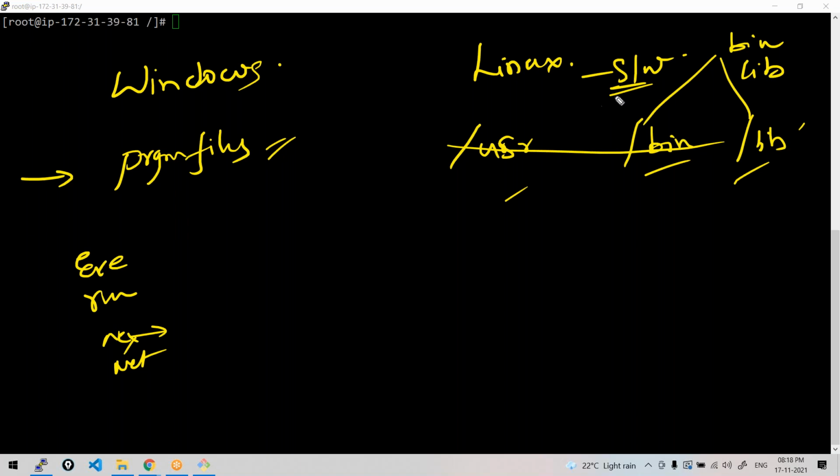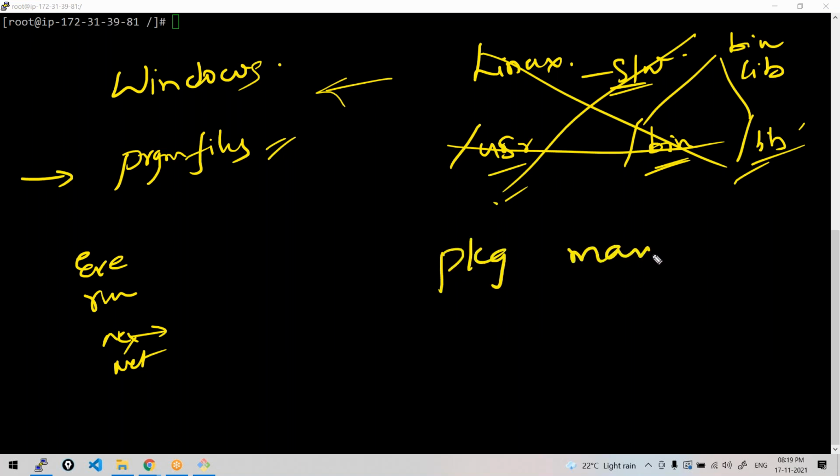Installation in Linux is a bit challenging when you compare it with Windows. Of course, it's simple, but a different process. It's not complex, but a different kind of installation happens here. Your installation files will be shared across different system folders. And when you delete it, if you are installing manually and deleting, you have to go to the particular directory, search for those files and delete them. So rather than all this, what we'll use? We'll use some package managers in Linux.